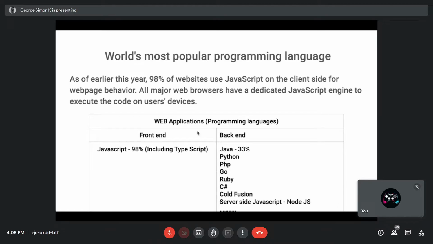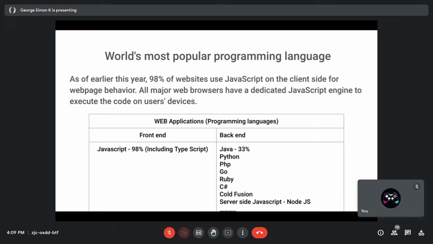On this screen, I want to share one of the interesting facts about JavaScript. When you build a web program, you have a front end and you have a back end. You can see I've written 98% of the client-side programming is written in JavaScript, 98%. And we have the backend. For the backend, we have quite a lot of options.